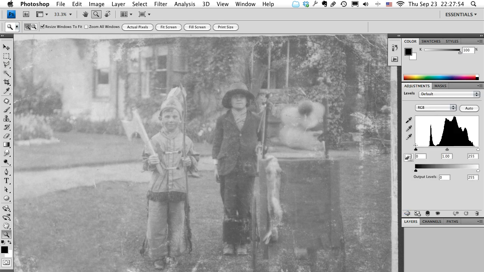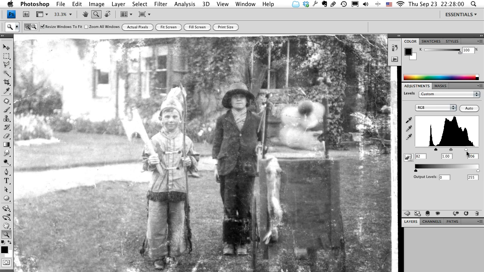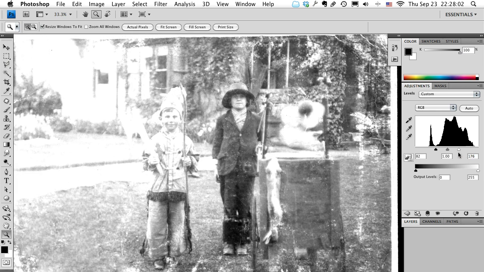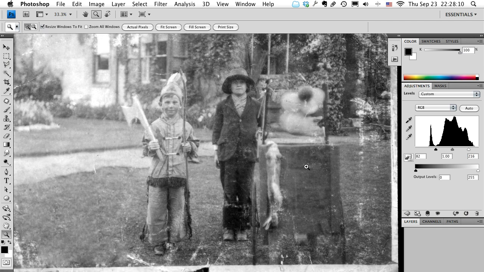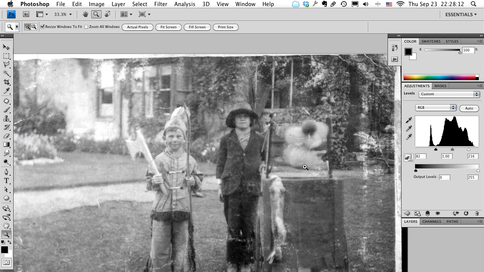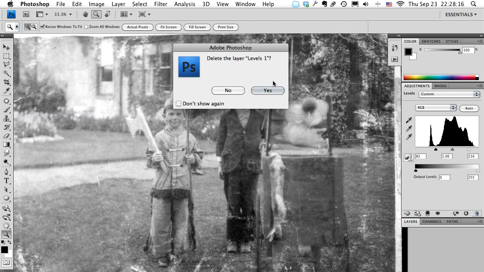You can try levels, so I'm going to drag that arrow up and drag that arrow back, but I don't want to do it too far or else it's going to start washing out parts of my image like here. So I'm going to drag it back a bit, and that does a pretty good job. I'm going to trash that,